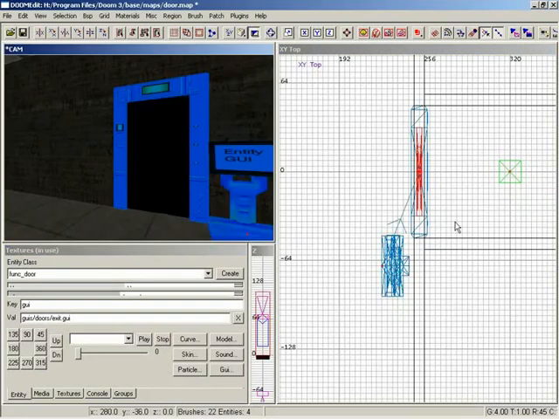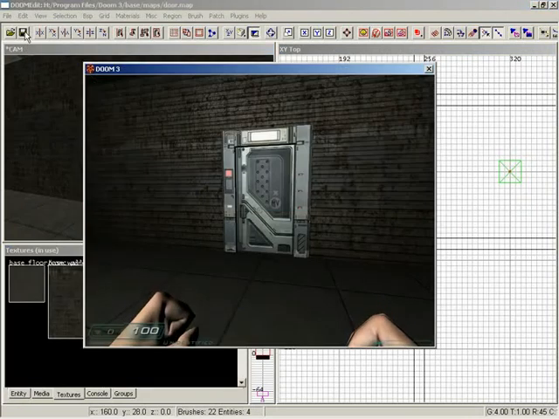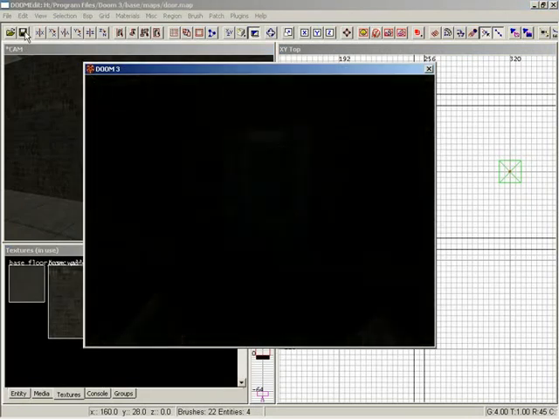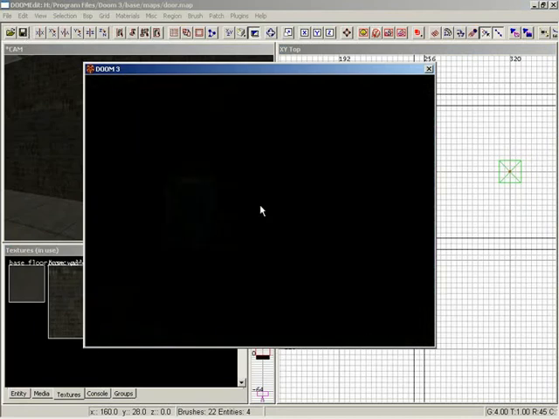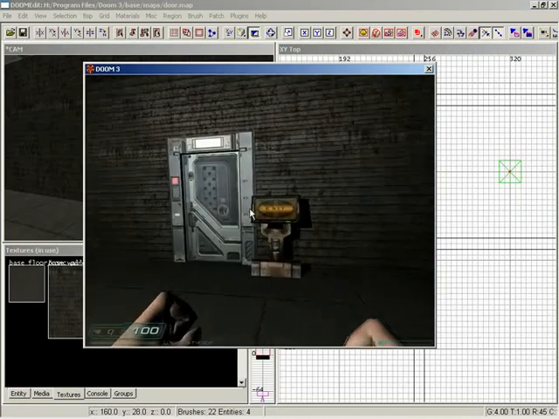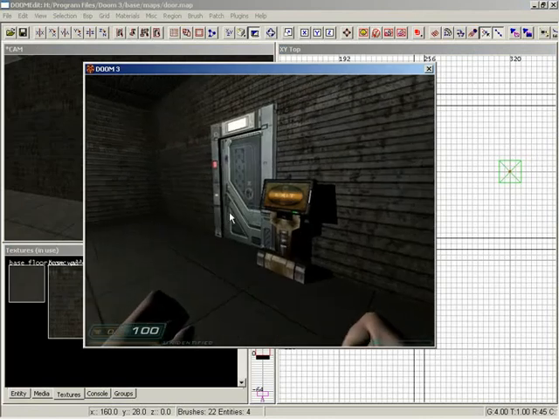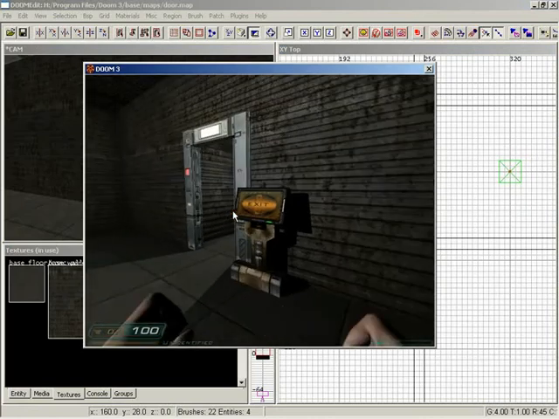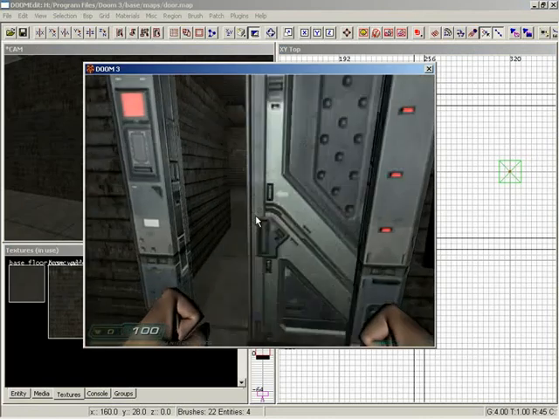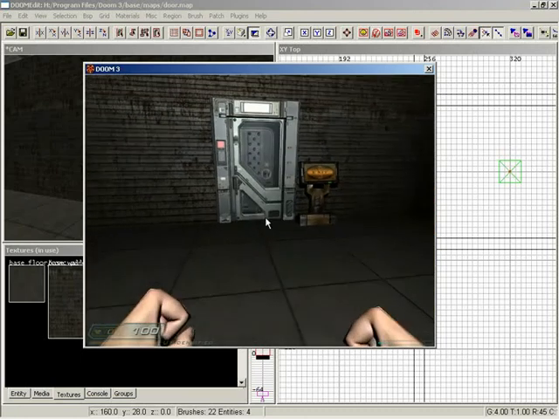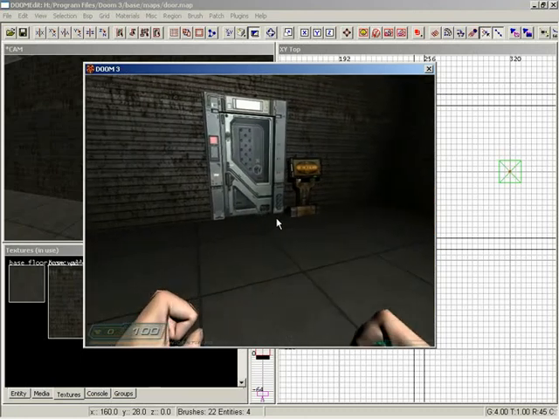Now let's go ahead and go into game real quick. Let's save that out, go into game and take a look at something. If we sneak around over to the side and walk up to the control panel, and there we go, and hit it. Okay, it's going to trigger. So the doors are set up to be triggered by default, but now don't hit that. Just actually run into the door. So you see that it still is going to open up when the player runs into it,